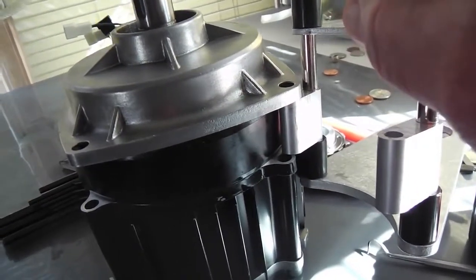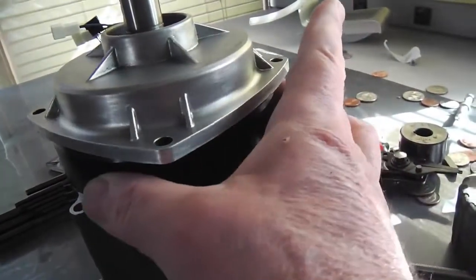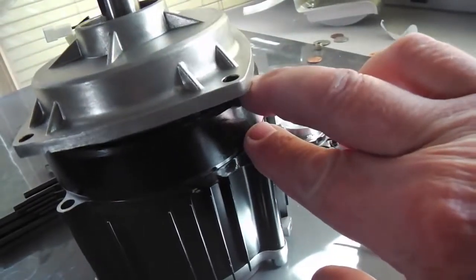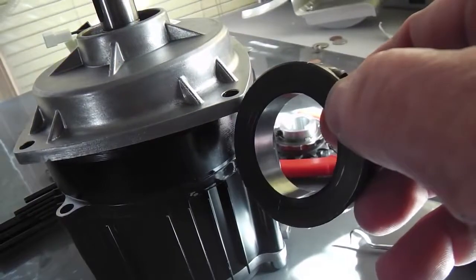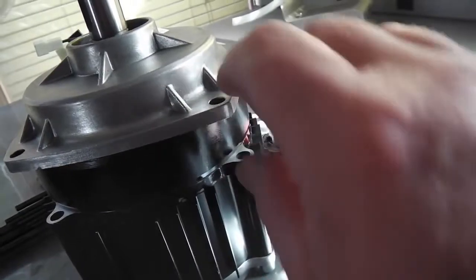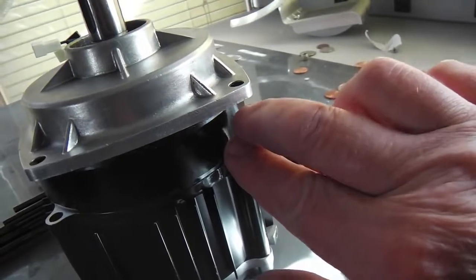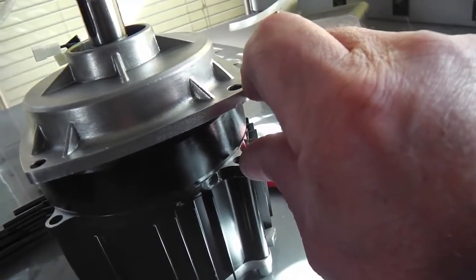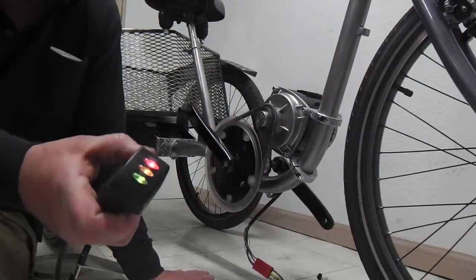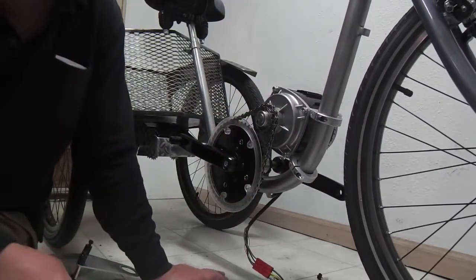And I just want to point out, because this potentially could slip around if I create too much raised tension up here when I make my little mounts, that we don't want to take the tension off this. This gets sandwiched in between here, and we're going to put something in between that, so we don't want to make the tolerance more than is helpful. Anyway, here we are demonstrating the mount, which I think is going to be a great solution for people